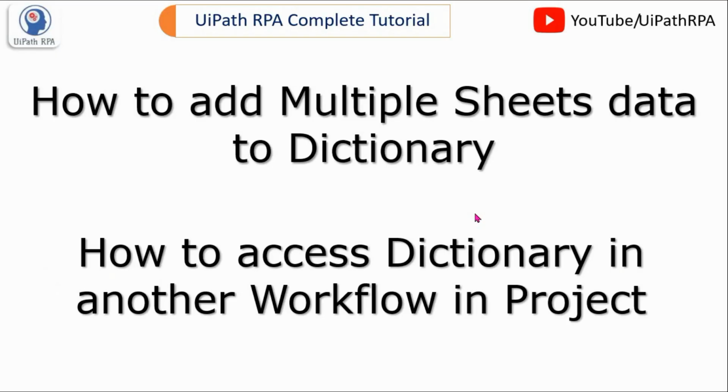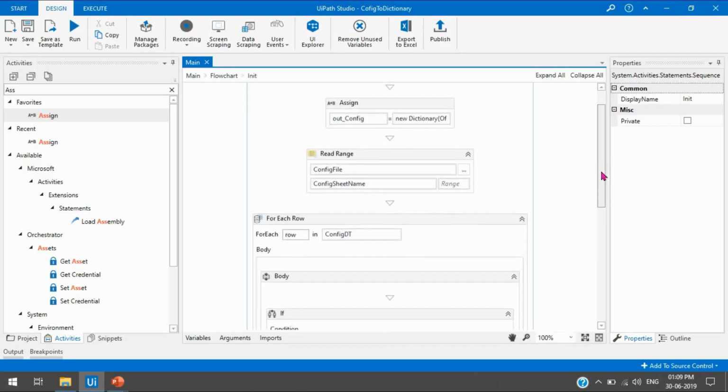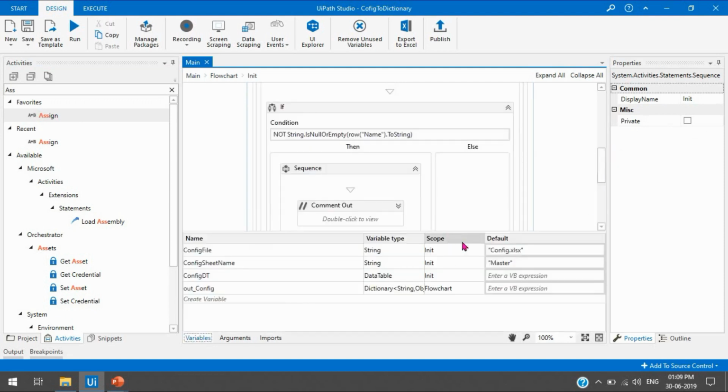Now, how to add multiple sheet data to the dictionary and how to access the dictionary in another workflow in the project. So go to the init here, and in the variable we are taking one sheet name. Now we have a collection of sheets, like we have 3 sheets.